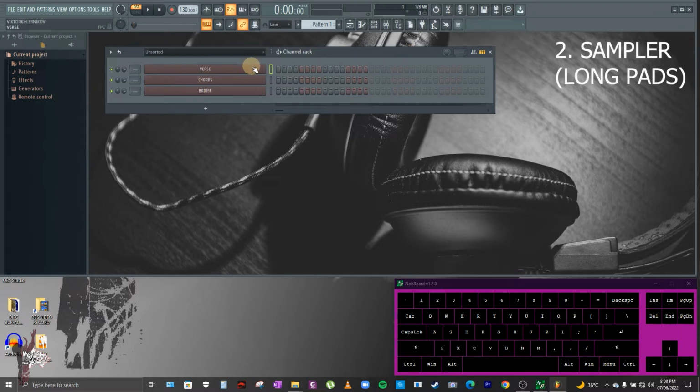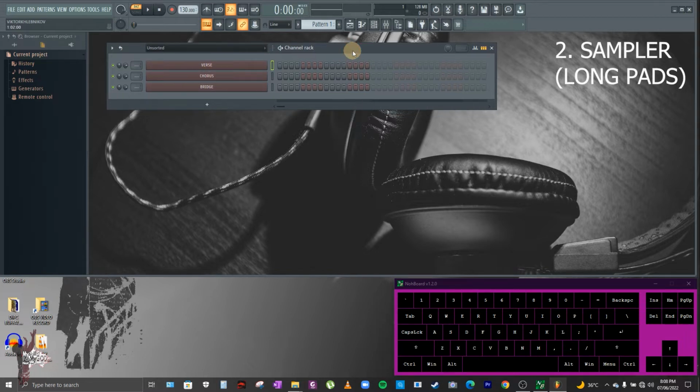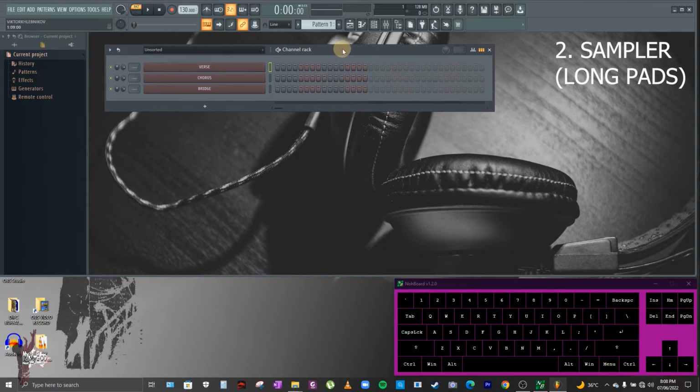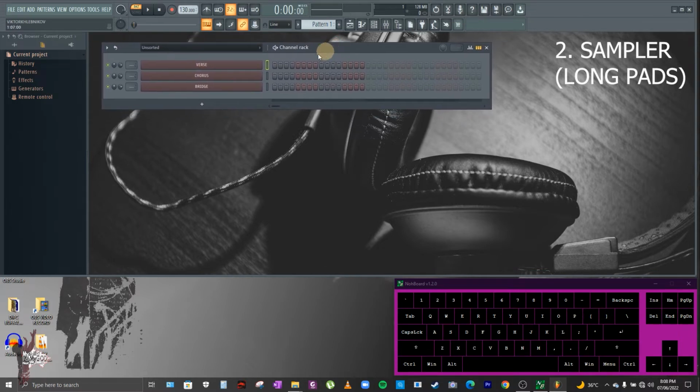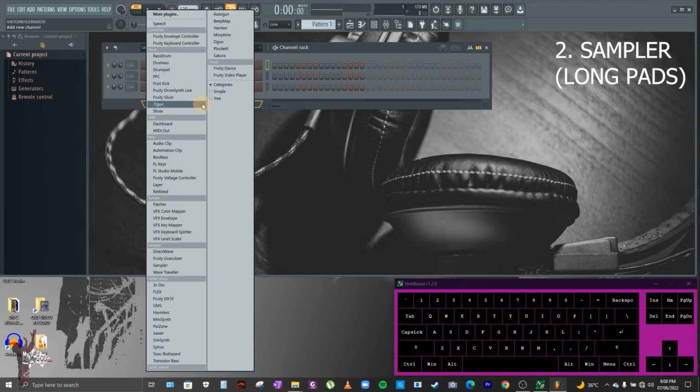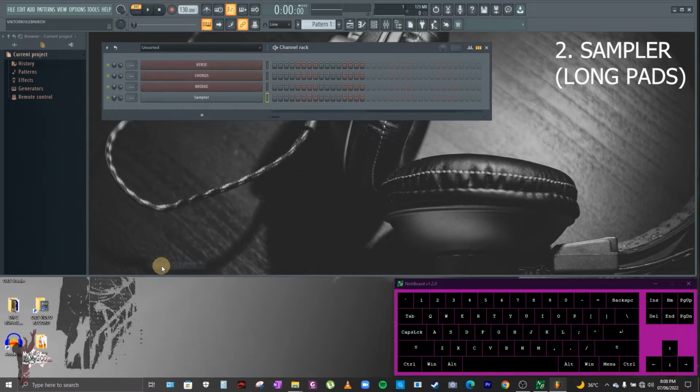Now, aside from the FPC channel, which we commonly use in live stage playing, there is also one other kind of channel we are going to use, and this is called the sampler channel. This is also usually used aside from the FPC channel. So in order to do that, let's click this again and search for the sampler channel, this one here.